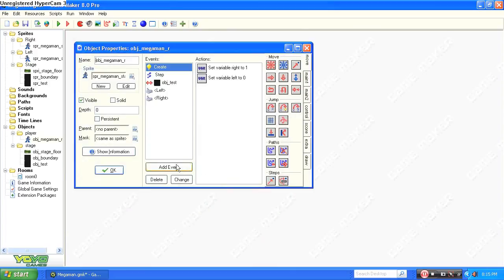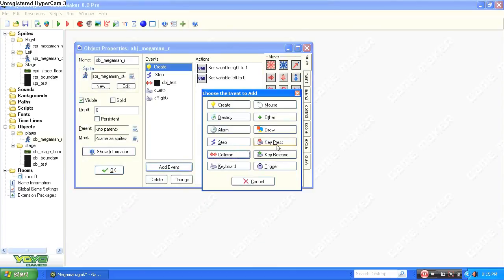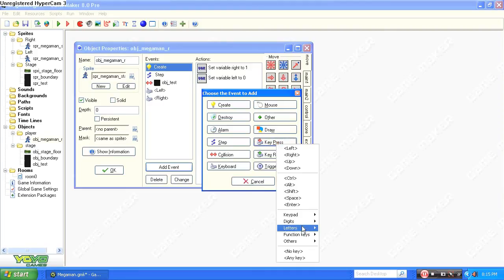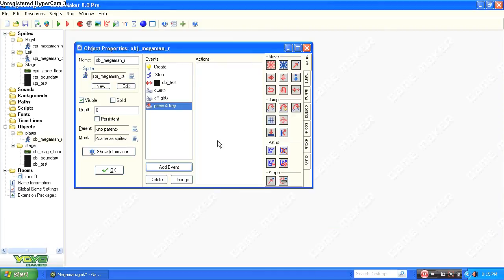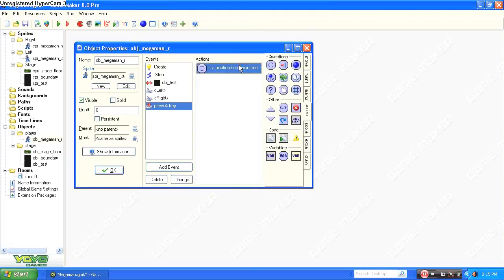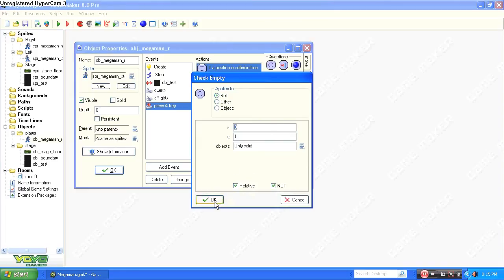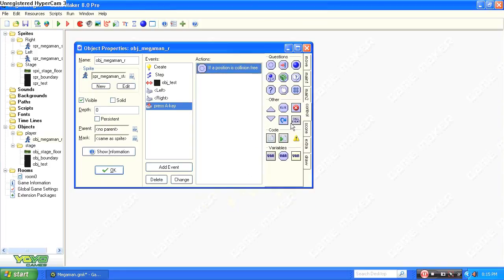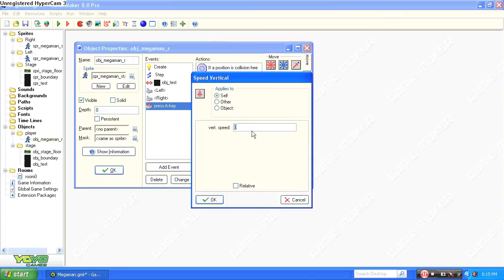And okay. We're gonna add one more event. We're gonna set up the jump, so let's go key press. Doesn't matter what you guys use. I'm going to use A, and we're gonna check empty. If X is 0 and Y is 1, relative not. Okay. This is basically saying if we are standing on the ground, then this event will work. So we're going to set the V speed to